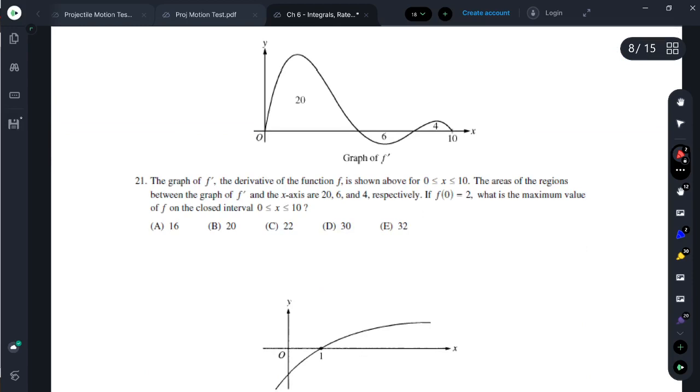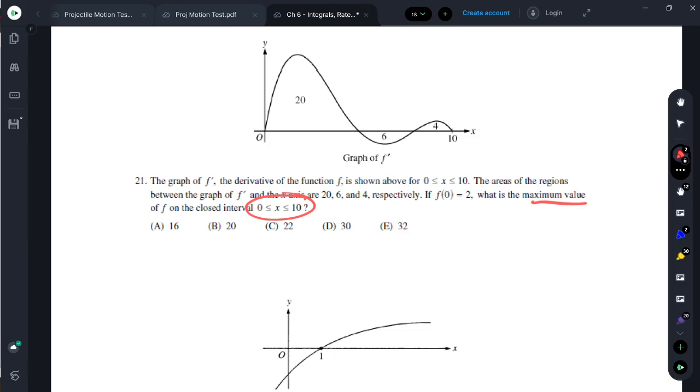All right. We have the graph f prime, the derivative of a function. The areas of the regions are 26 and 4. If f of 0 equals 2, what is the maximum value on the closed interval from 0 to 10? So when we get a maximum, that needs to be f prime of x equals 0. But when we have an interval from 0 to 10, instead of doing a number line, we need to do